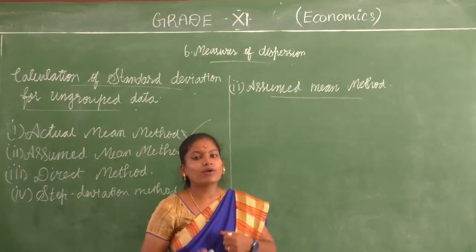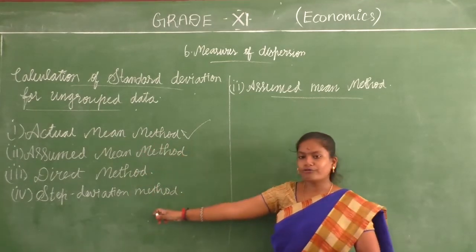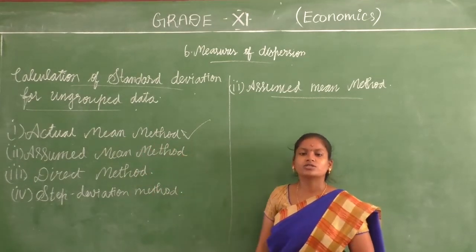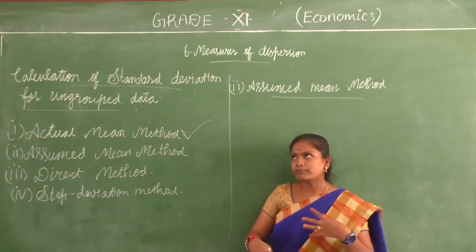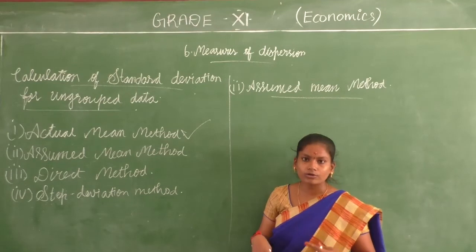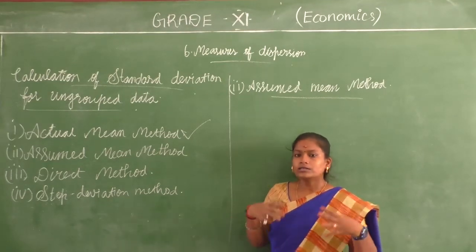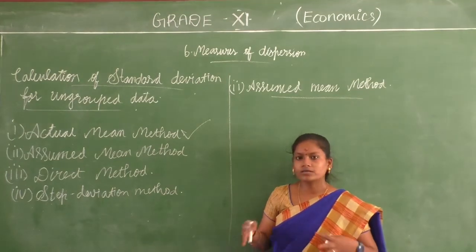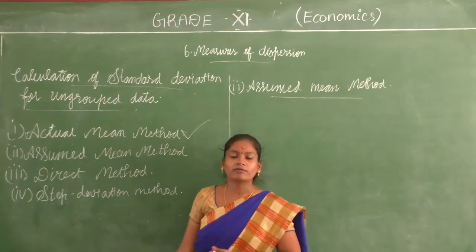Why? Because I want you to understand that whichever method you use to find the standard deviation, the value is going to be the same. Just as the arithmetic mean, whether by the direct method, assumed mean method or step deviation method, the answer comes as the same one. Similarly, here even for standard deviation, whichever method you are going to use,